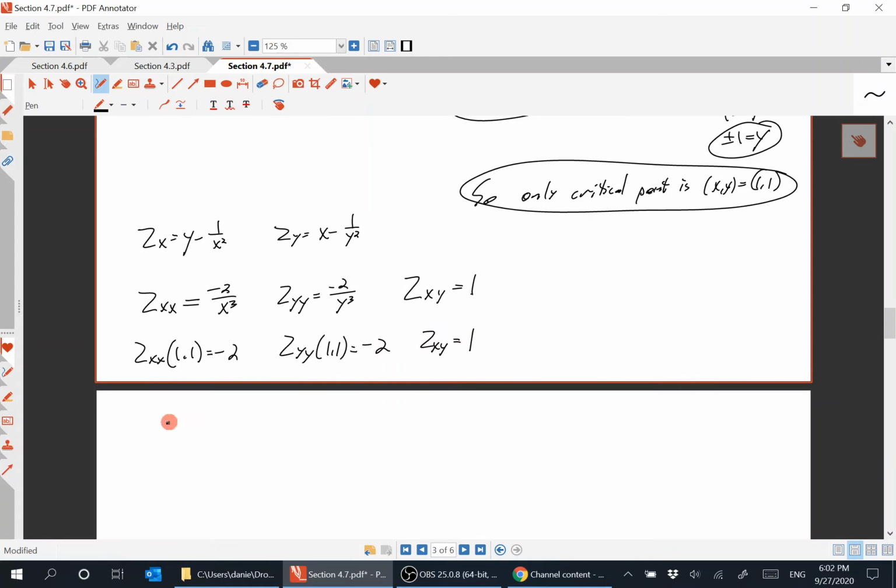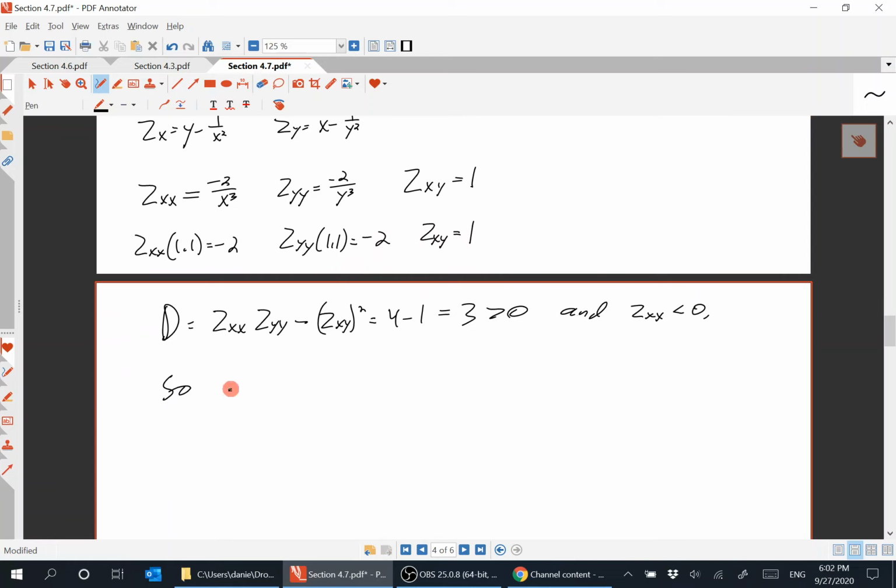So d, which is equal to zxx zyy minus zxy squared, is equal to 4 minus 1, which is 3, which is positive. And zxx is less than 0, right? So 1, 1 is a relative max